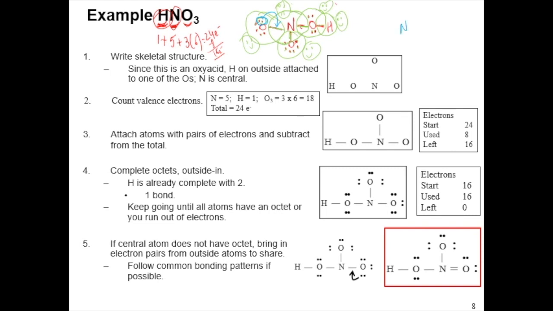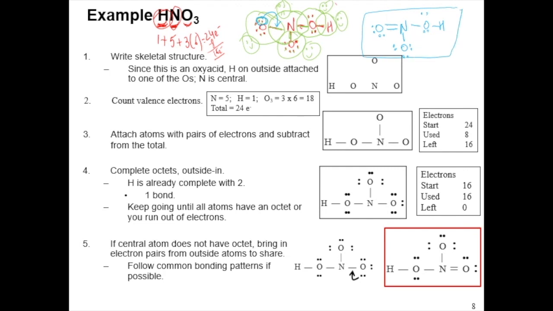Nitrogen in the middle, this would be OH. Oxygen has 2 electrons. This oxygen would be right here, 1, 2, 3, 4, 5, 6, and this oxygen would be 1, 2, 3, 4, and a double bond. So if you add a double bond right here, this oxygen still has 1, 2, 3, 4, 5, 6, 7, 8 electrons. This nitrogen now has 1, 2, 3, 4, 5, 6, 7, 8 electrons. So nitrogen is also happy. So in this structure, every atom has an octet completed along with hydrogen which only wants 2 electrons. So this would be the final Lewis structure for